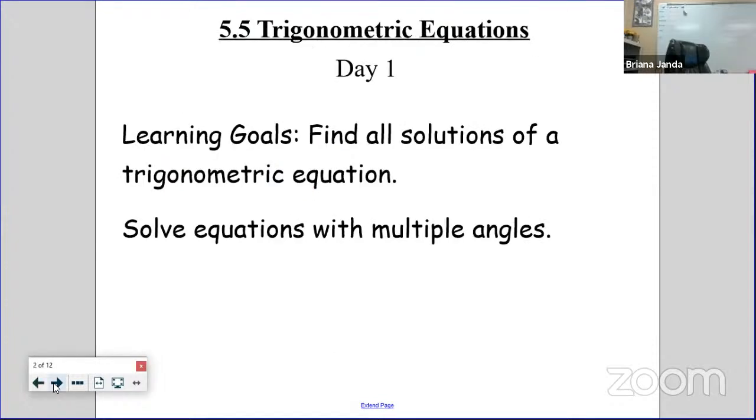Today, we are going to find the solution to trig equations. This is what we've been building up to a little bit. A lot of things in the world are described using equations that involve trig expressions, and so this becomes something that shows up a lot more. We will also be revisiting the idea of inverse trig